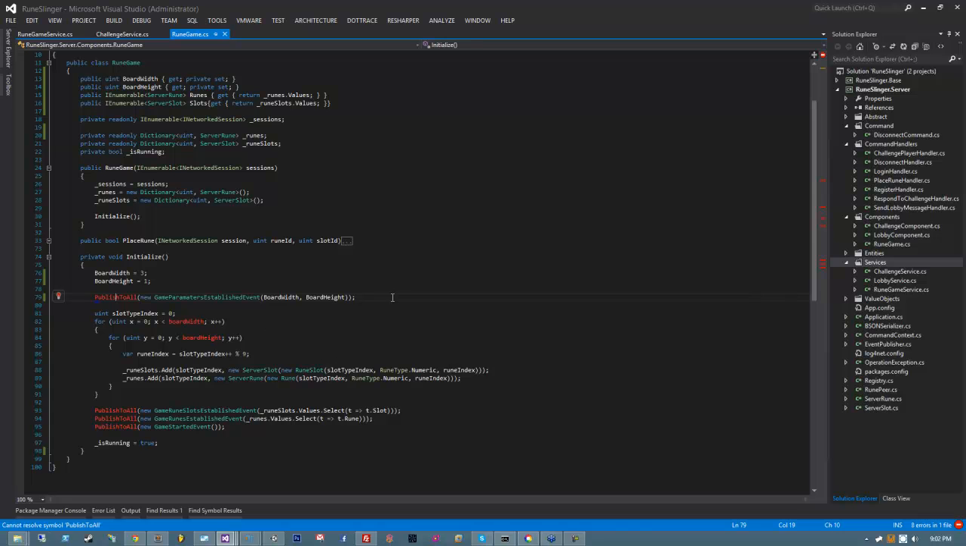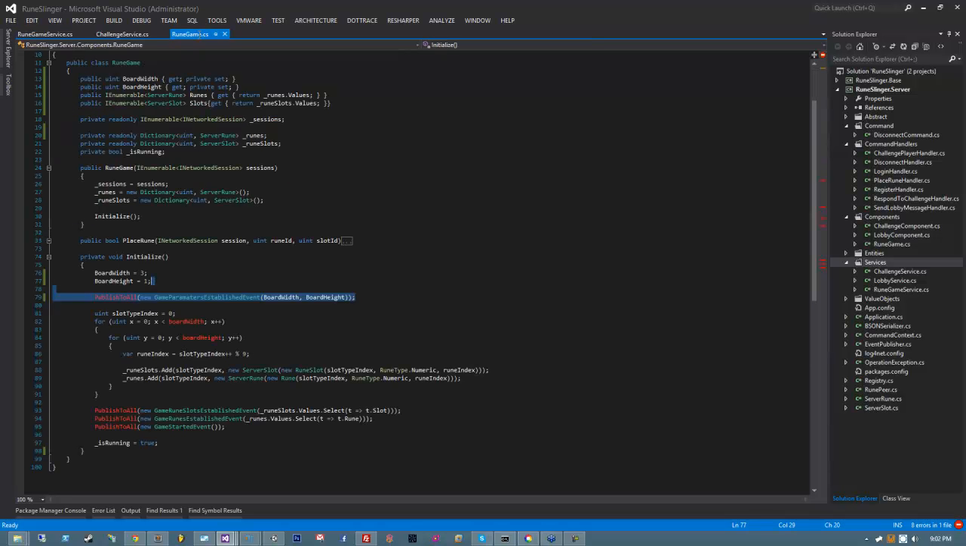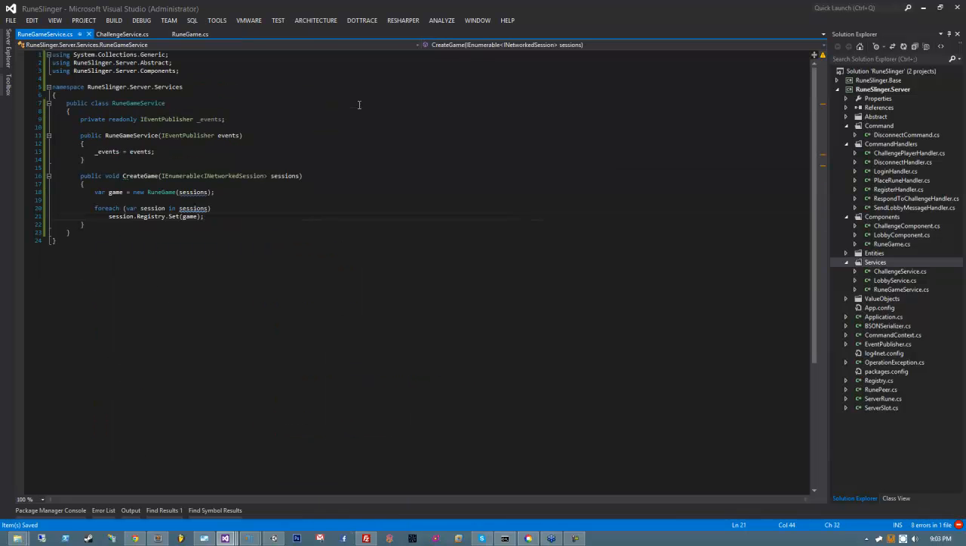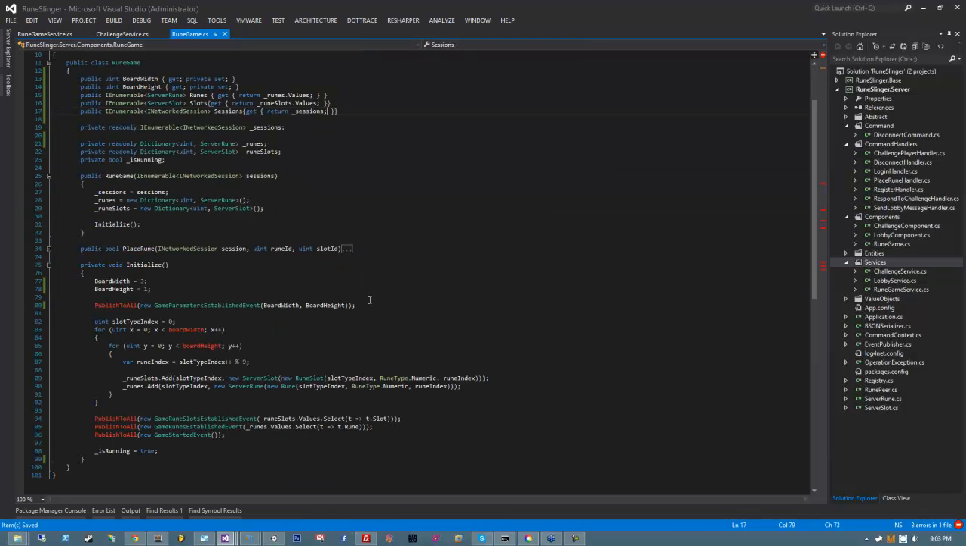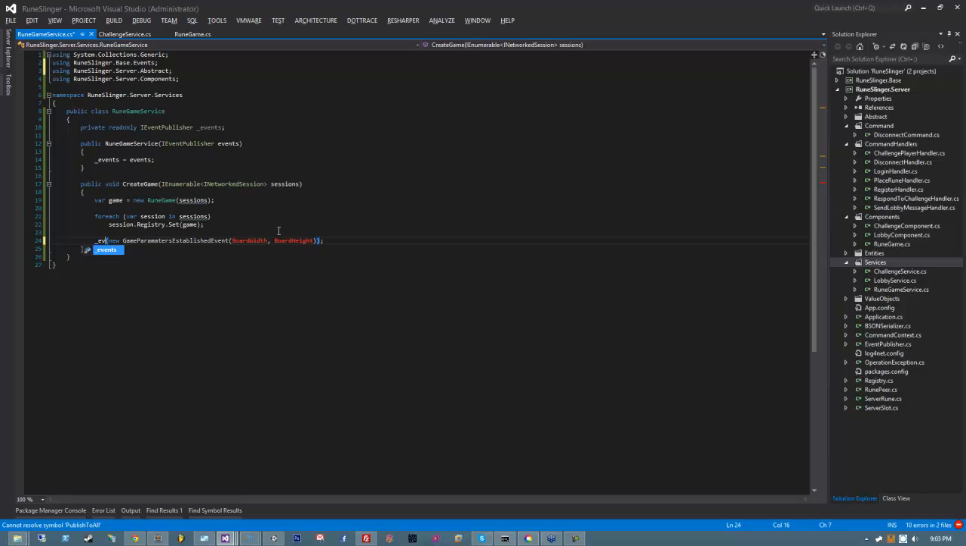And then publish to all. This is going to happen within my Rune game service, which means I also need to expose which sessions are in the game. So public IEnumerable INetworkSession sessions, get return sessions, and there we go. So let's move this one out first. So publish to all is actually just going to be events.publish, new game parameters established event, game.board width, game.board height,